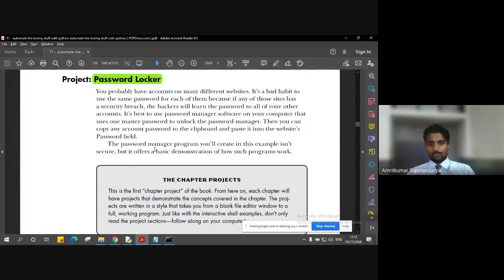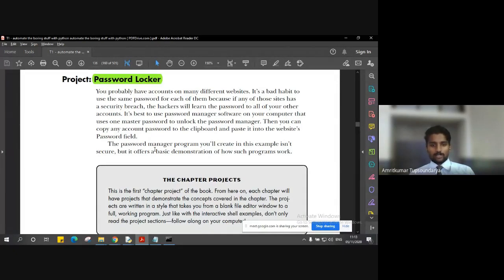We will have a small, very interesting project which will deal with a few of the methods that we have learned here in the strings. And using those, we are going to create a project called Password Locker, right? As the name suggests, it is just a password locker which will keep some of the passwords within the program. And the main motive or objective of having this program is, for example, we all